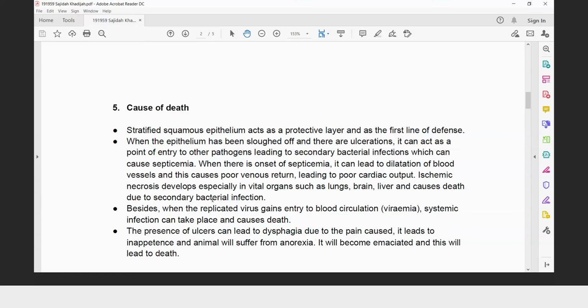Meaning that in this case, your answer number 2 bullet is correct, nothing wrong. You will get good marks also, but probably the expectation is that when you talk about cause of death, you have to start with vital organ failure. But in this case, you end with the vital organ failure, isn't it? Meaning that the cause of death is due to vital organ failure, particularly failure of the central nervous system,